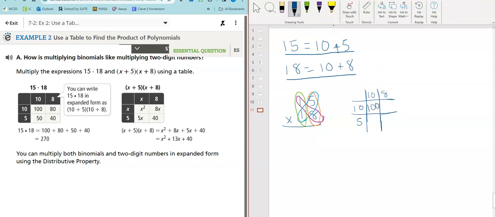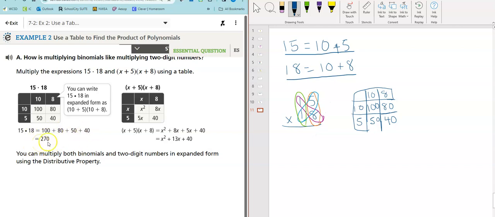They're going to multiply 10 times 8, which is 80, 10 times 5, which is 50, and 5 times 8, which is 40. Then when you're done, we're going to take our answers that are kind of inside the middle part here, and we're going to just add them together. And that's kind of the same thing as what you've done when you're multiplying in the standard algorithm. You're just going to add the 100, the 80, the 50, and the 40 together, keeping those place values,